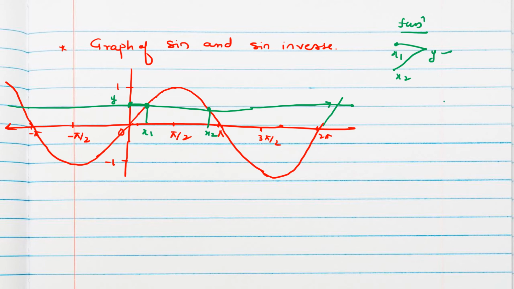If x1 is related to y1 and y2, this won't work. This will not be a function. Okay, but this is the horizontal line test. Now if for the same domain and range we find the inverse, what will happen? Y is related to x1 and y is related to x2, we will get, isn't it?